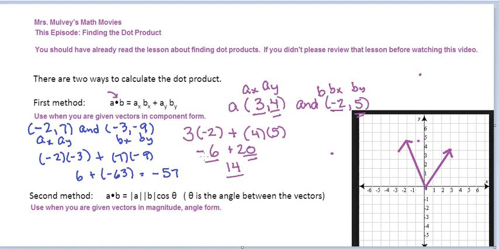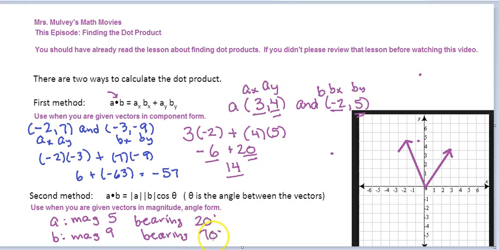So now let's look at the second method of finding the dot product. This is the method that's most efficient to use when you're given vectors in magnitude angle form. For example, if I tell you that the first vector, I'm going to call it vector A, has a magnitude of 5 and a bearing of 20 degrees, and vector B has a magnitude of 9 and a bearing of 70 degrees,